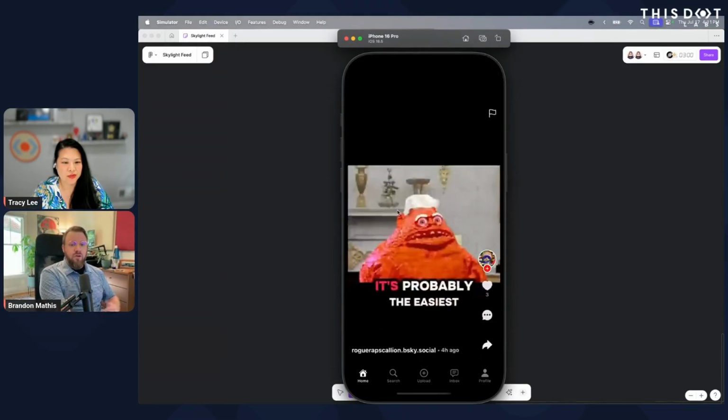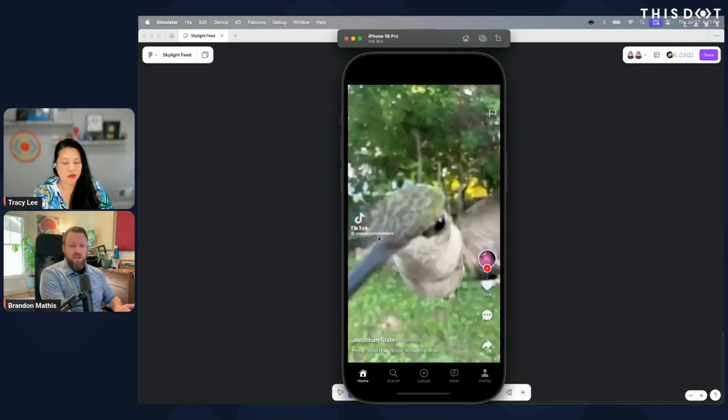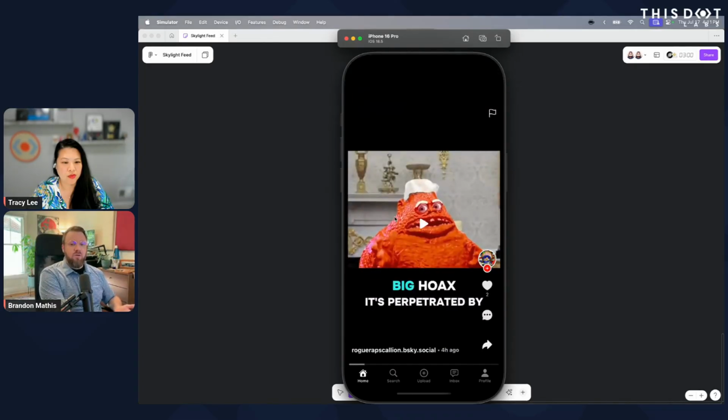a new video player was being instantiated every single time. And while React Native does have garbage collection and memory cleanup and things like that, if